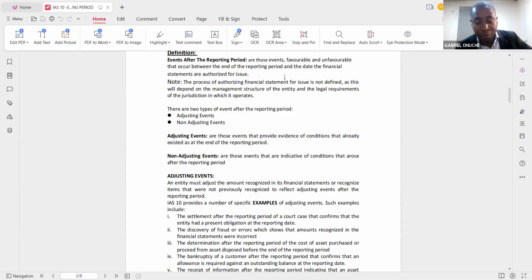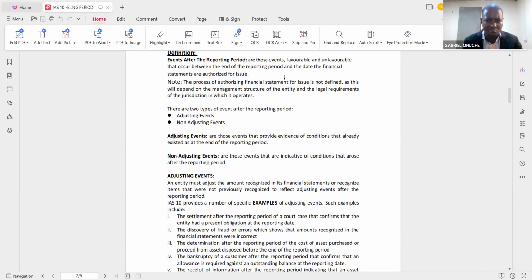The 30th June you refer to is based on the tax perspective or the tax law in Nigeria. However, we are looking at IAS 10, event after reporting period. Like I explained earlier, there are two dates that must be taken into cognizance. What falls in between those dates is what we are looking at as IAS 10.